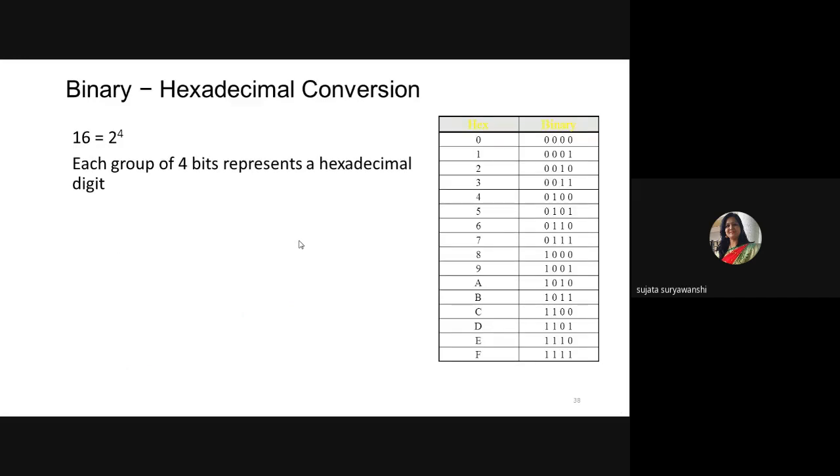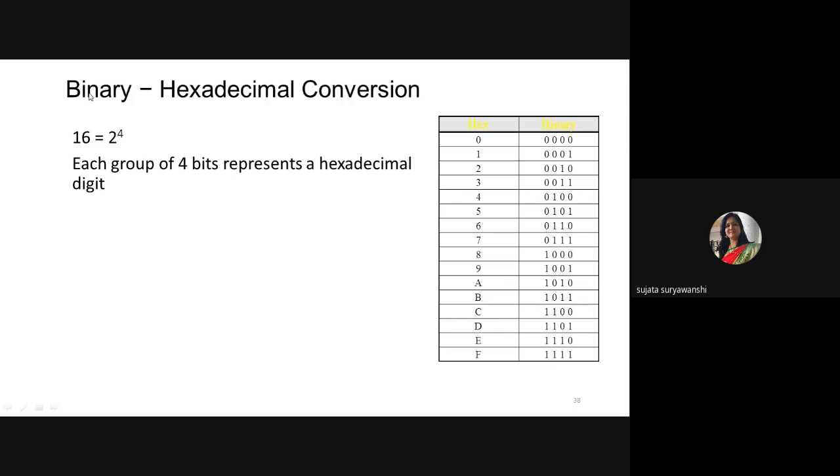Now binary to hexadecimal conversion. Again here the table I have given, where hex numbers are written and the equivalent binary numbers are written. Everyone remember, you have to write down decimal to binary 0 to 15, octal to binary 0 to 7, and hexadecimal to binary 0 to F. Everyone write it down in your book. Consider it as homework and complete this homework.